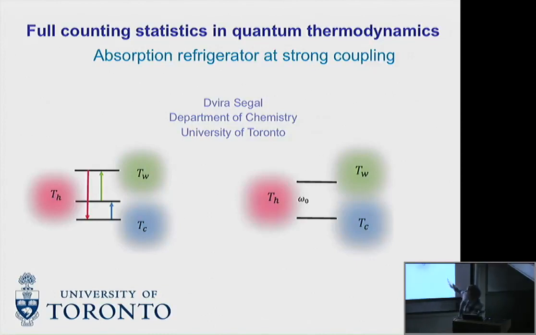In contrast, I'm going to focus on this model where the working fluid is just a qubit, a 2-level system. Again, the same objective: we would like to extract energy from the cold bath. And we will be able to achieve that using strong coupling, as I will explain. The main ingredient here is that rather than a sequential process, we are going to realize a cooperative energy transport process, where these three reservoirs work together, so that we take some energy from the work reservoir and dump it into the hot bath.